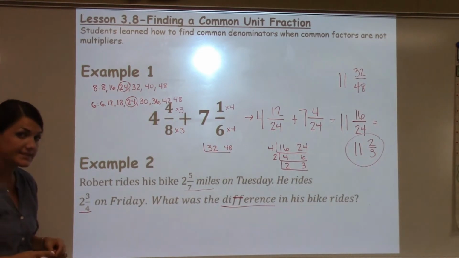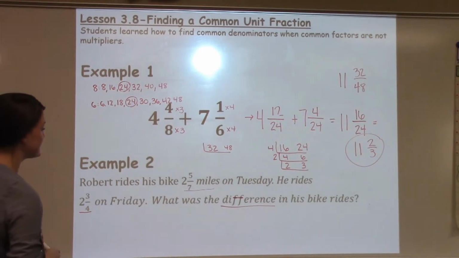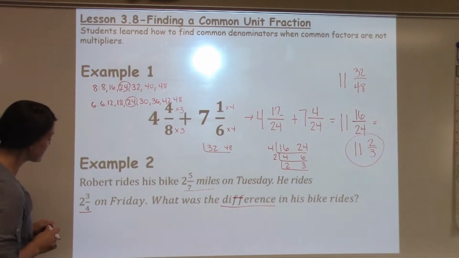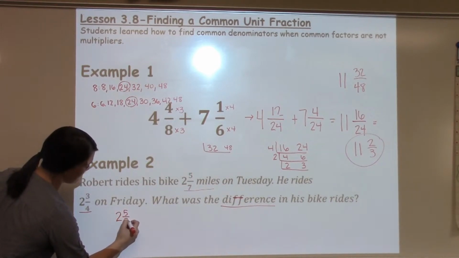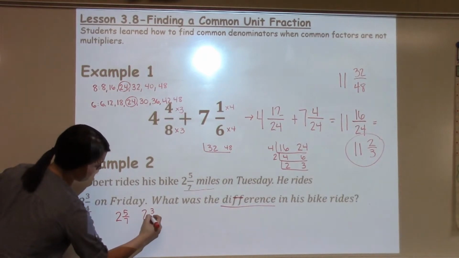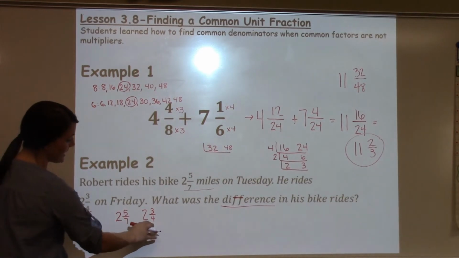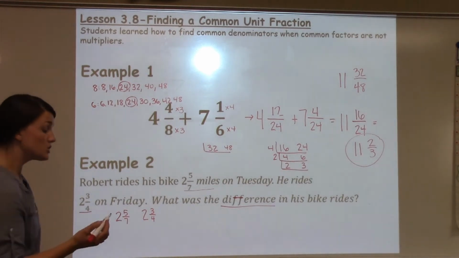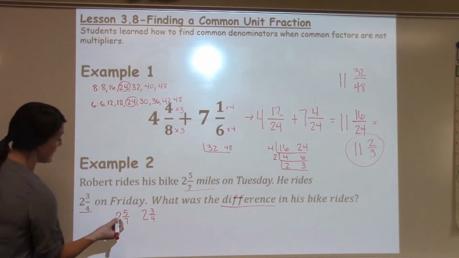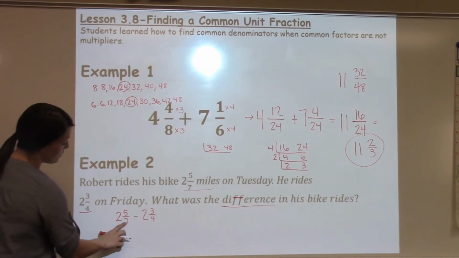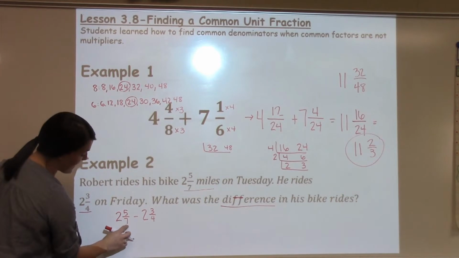I've only got 2 numbers here, but I always know that my bigger number needs to be in the front, unless it tells me specifically to do it differently. So I need to first decide which is larger, 2 5/7 or 2 3/4. Well, when I look at these, it's hard to tell because the denominators are not the same. So let's first go ahead and make the denominators the same, which we're going to have to do anyways in order to subtract them. So one strategy that we discussed up here would be to just multiply by the opposite